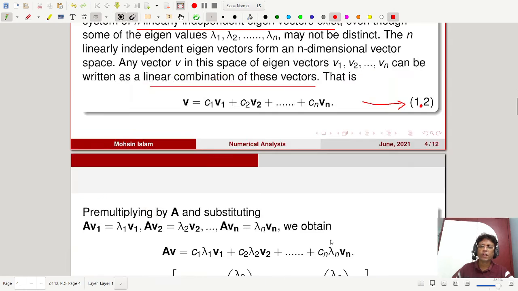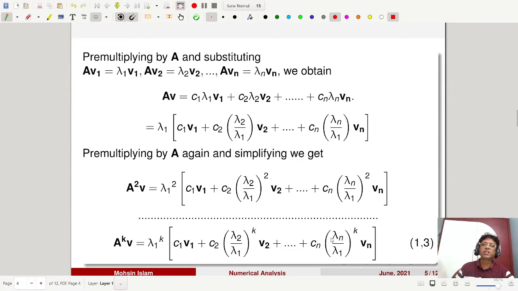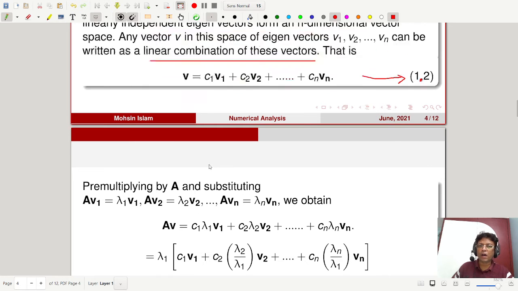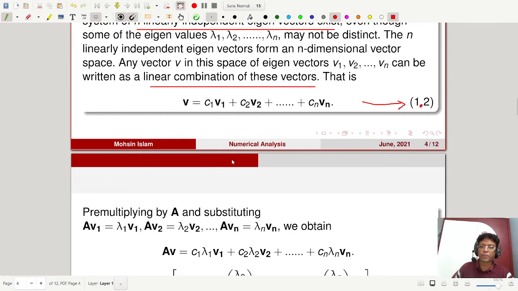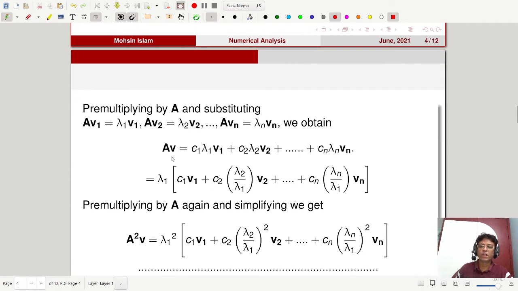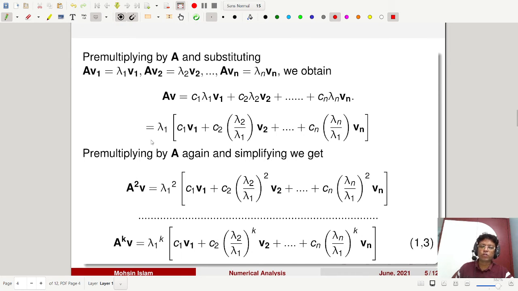Now, pre-multiplying equation 1.1 by A and substituting A v1 equal to lambda 1 v1, A v2 equal to lambda 2 v2, and so on, and A vn equal to lambda n vn, we obtain Av equal to c1 lambda 1 v1 plus c2 lambda 2 v2 plus ... plus cn lambda n vn. And that is equal to lambda 1